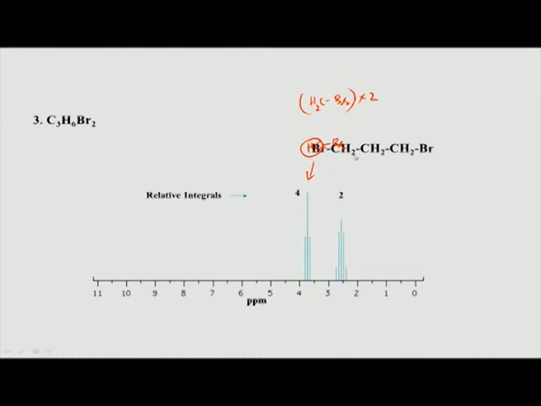Now, we are coming to these 2 and these 2, which are equivalent, because there is a symmetry. If you draw an axis of symmetry which separates these 2, that means these 2 are equivalent. So, this CH2 is the same as this CH2. Therefore, you expect the same peak for both this hydrogen and this hydrogen, and 2 plus 2 is 4, and therefore, the integral is 4. As far as J coupling is concerned, both of these hydrogens are coupled to this center hydrogen, 2 hydrogens.